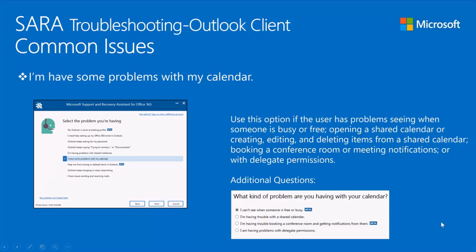Again, additional questions are asked to make sure that the tool is troubleshooting the issue correctly. And here it checks user and tenant information. It looks up the sharing permissions that are assigned to other users, and then displays that information for the user in SARA. And it also gets the auto-discover details based on the Outlook version that's installed. It does the prerequisite connectivity and licensing checks again, validates the auto-discover response, and it tries to narrow down the issue based on the questions that are provided